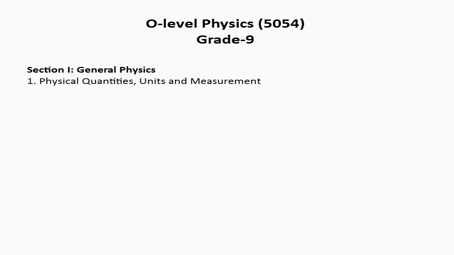In measurement techniques, we discussed two techniques. One is the measurement of length and the second one is the measurement of time. In measurement of length, we discussed 4 instruments: meter rule, measuring tape, vernier caliper and micrometer screw gauge. We also discussed the zero error of these instruments, and parallax error and human reaction error.